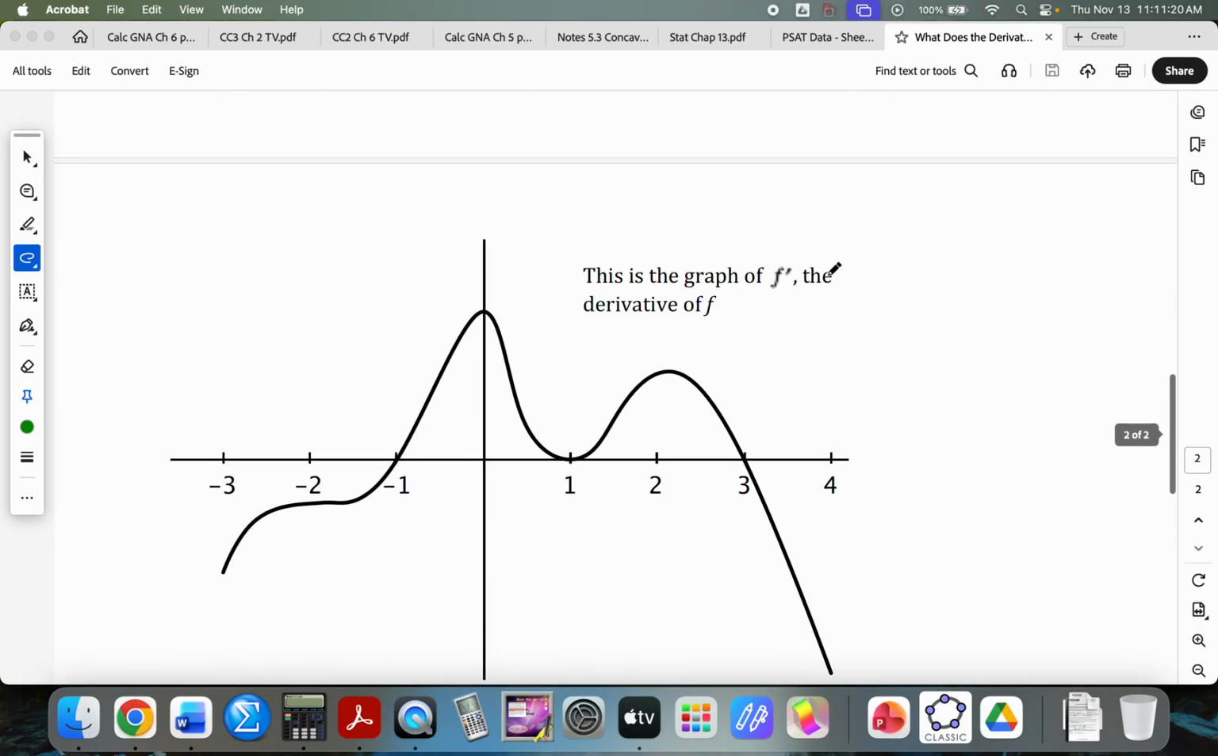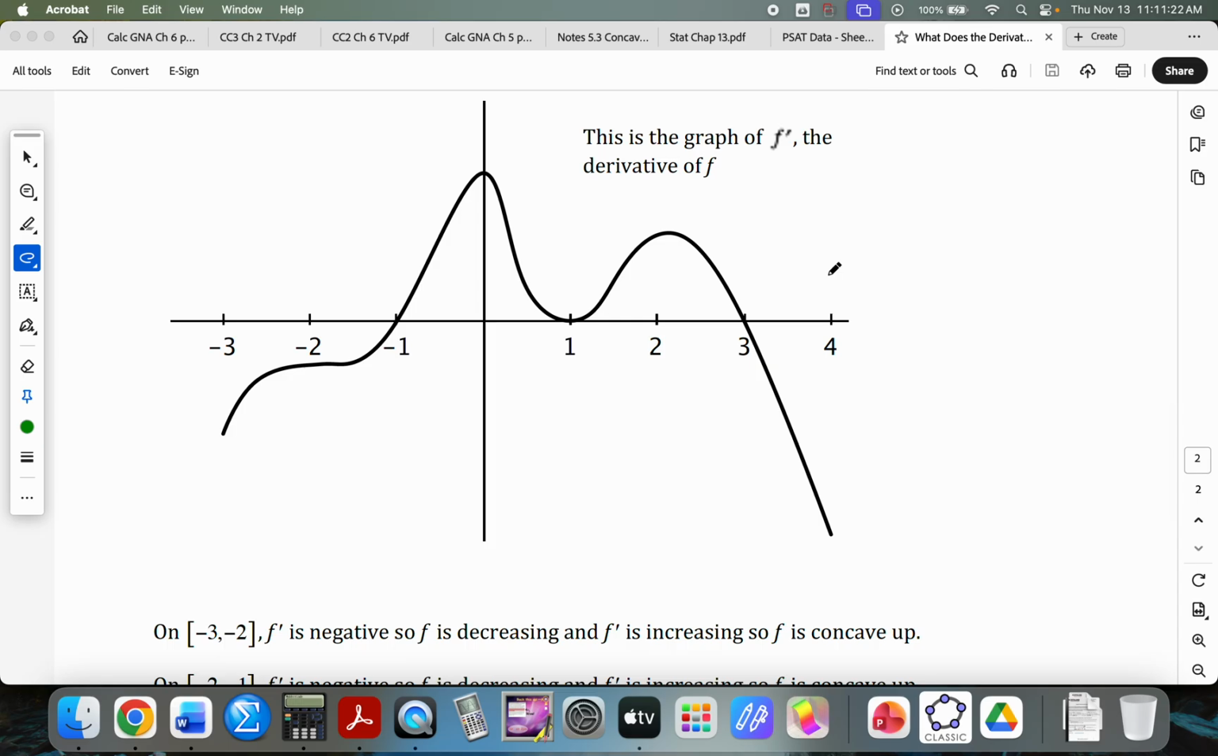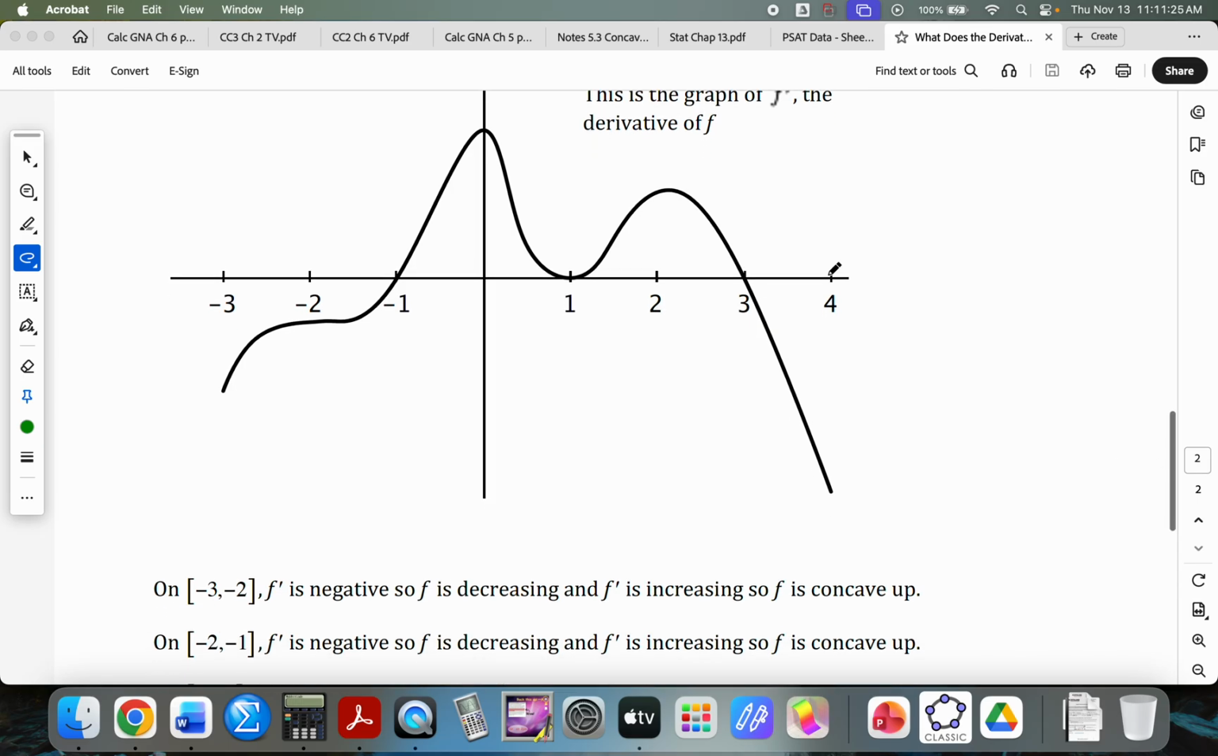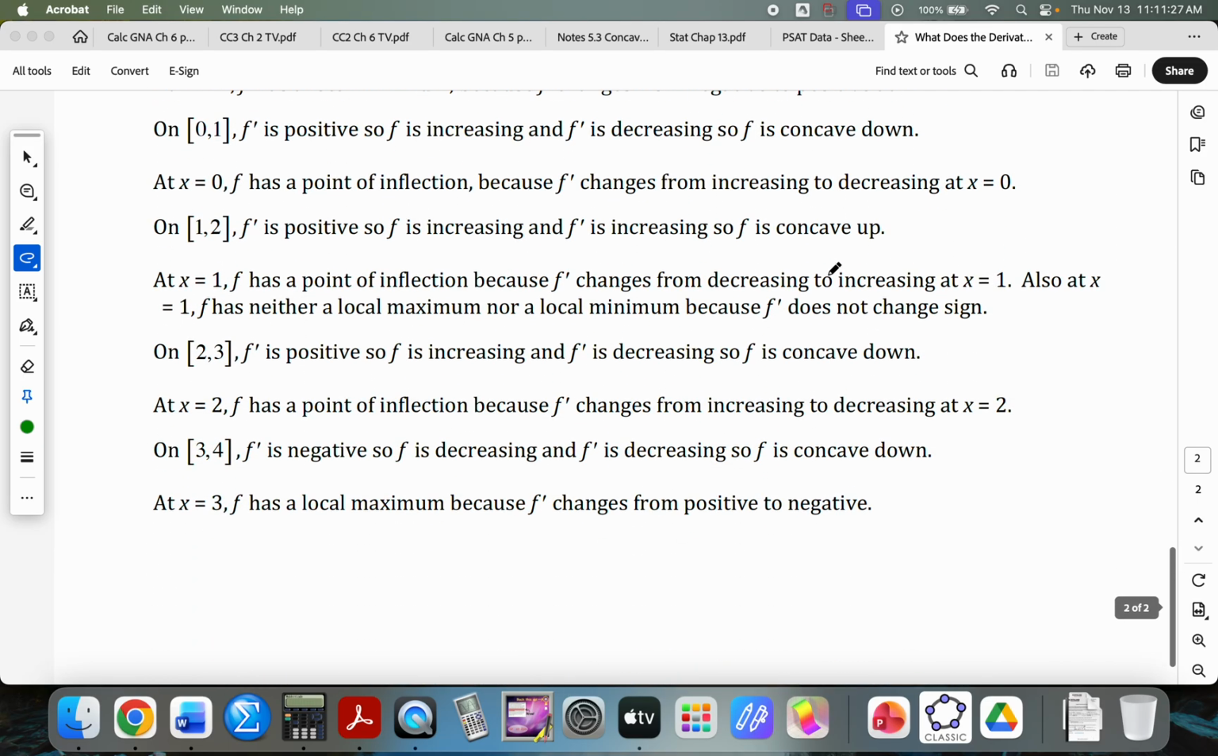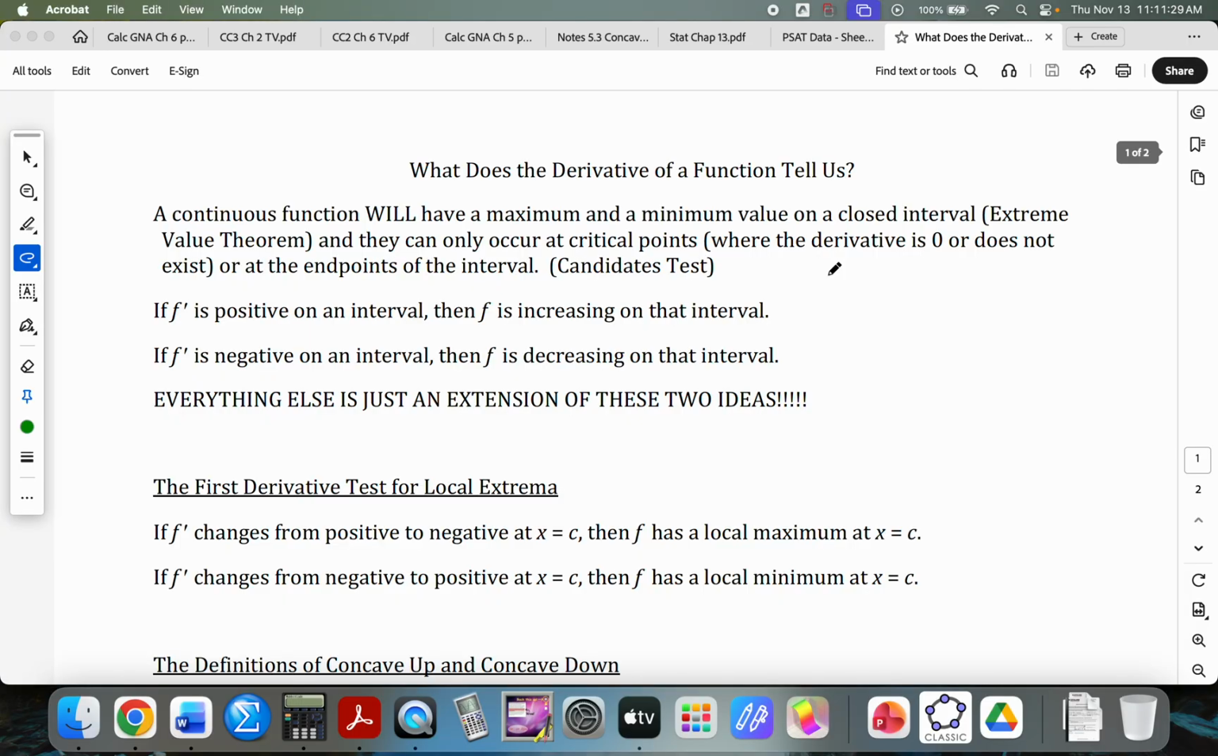So that's kind of all of it. I'm not going to take the time to go through all of this stuff, but it's not a bad idea for you to. And that's all we have for